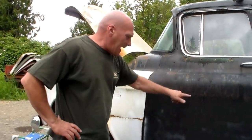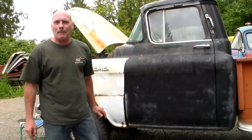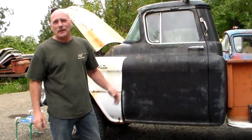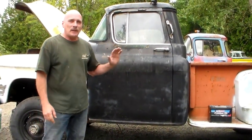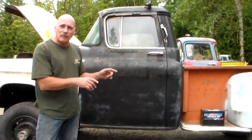That was because the cab is not bolted down with any bolts, and the bed is not bolted down with any bolts. How someone could call that running and driving, I guess that wouldn't affect the running and driving, but really, when you sell a vehicle to someone, especially if you sell them to people that are far away, you got to give them an accurate description, because no truck's perfect, no car's perfect, but if you tell someone every one of the flaws that it has, instead of letting them find that out for themselves when they get this thing